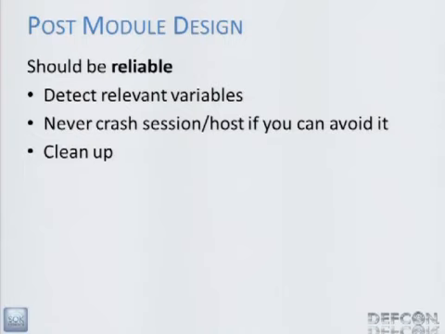Yeah, if you panic the box, you lose your shell, and then that's no fun. So you should detect everything you can that might affect your exploit or your module's functionality. For example, path names change between Windows versions. You've got SysWOW64 and all of that sort of stuff, and if you don't detect those variables and your module just doesn't work, that's kind of a bummer.